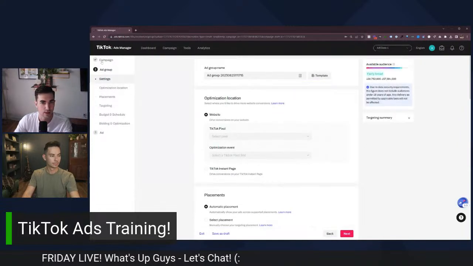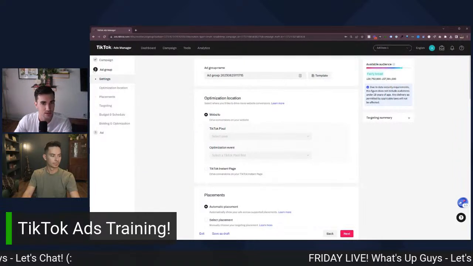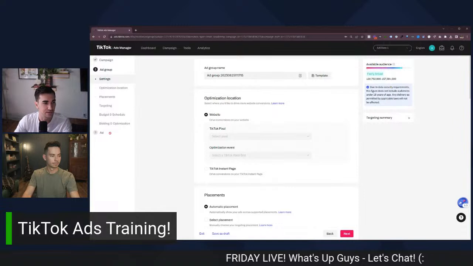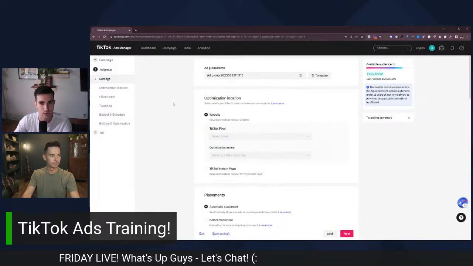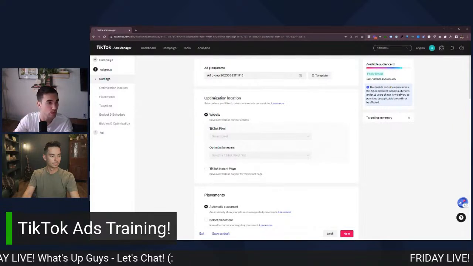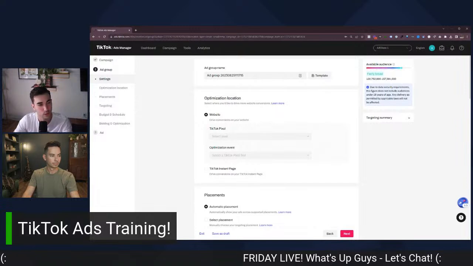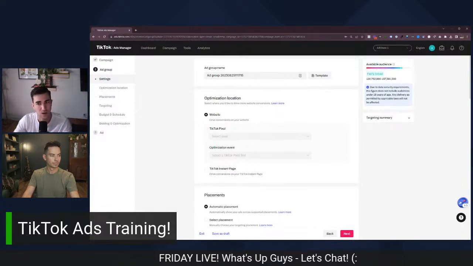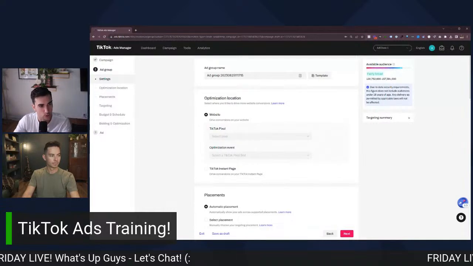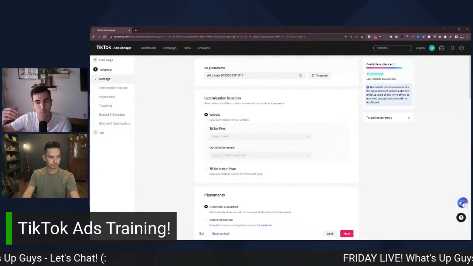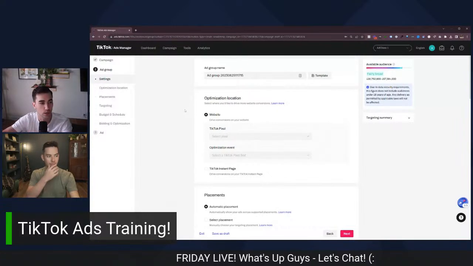Now, as you can see over on the left side, that was a campaign. We know just like on Facebook ads, ad groups and ads live inside of campaigns. So there are ad groups inside of campaigns and there are ads inside of ad groups. And so we're just building out our first ad group here. Inside of the ad group on TikTok, it's exactly like Facebook and Instagram, where we're going to be picking the event that we're optimizing toward and the audience that we're showing our ads to, as well as different placements that the ads are going to show. So it basically has everything to do with the targeting on this page.